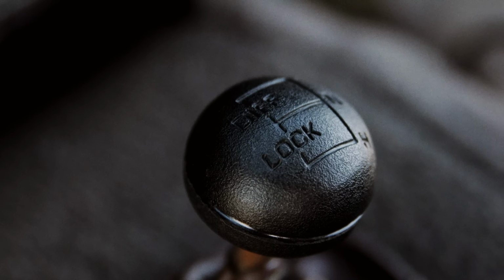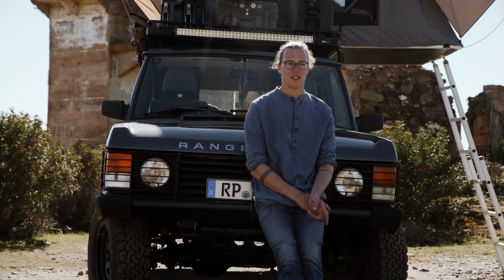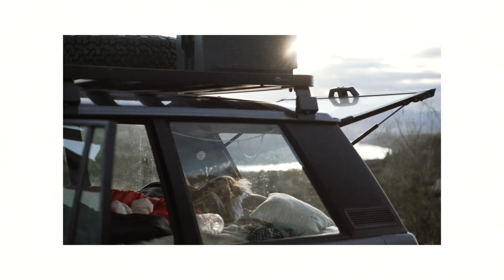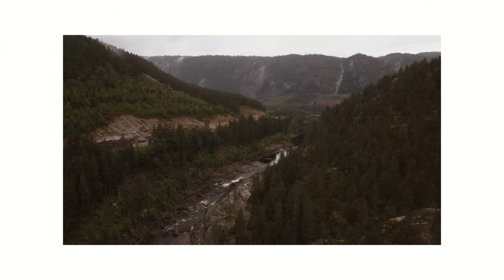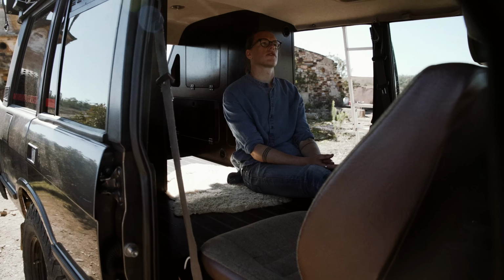From the outside, this thing might clearly look like an Overland build. Four-wheel drive, lifted suspension, the sheer amount of stuff that we have on the roof, and of course the fact that it is a Land Rover. Now, during 2017 and our first road trips in our initial setup in this, while we were suffering in the wet and cold, we realized that we would really like to have certain amenities that you would much rather find in a traditional camper van though. So